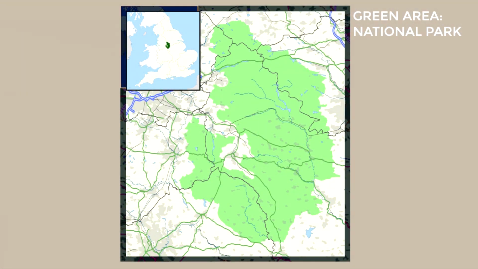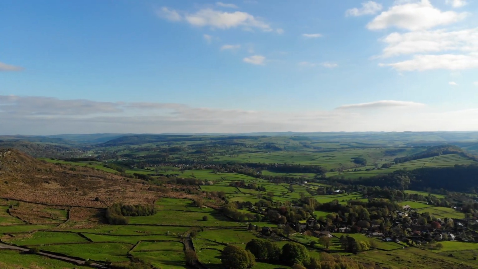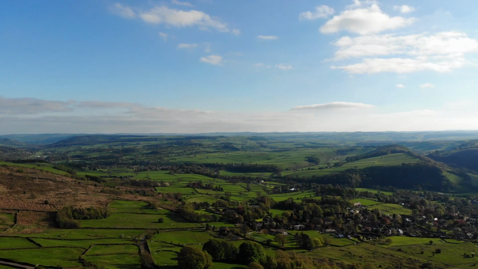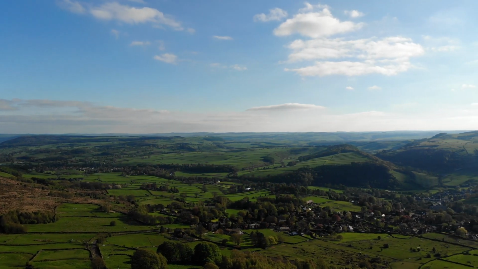But the national park boundaries are outlined here, drawn up and officially designated as Britain's first national park from April 17th, 1951, and when making out the boundaries for the park, the main focus was to include the most southern part of the Pennine Moors and a substantial part of the lovely rolling hills of Derbyshire. This was slightly conflicting because although Derbyshire can be very beautiful, it's also very industrial.